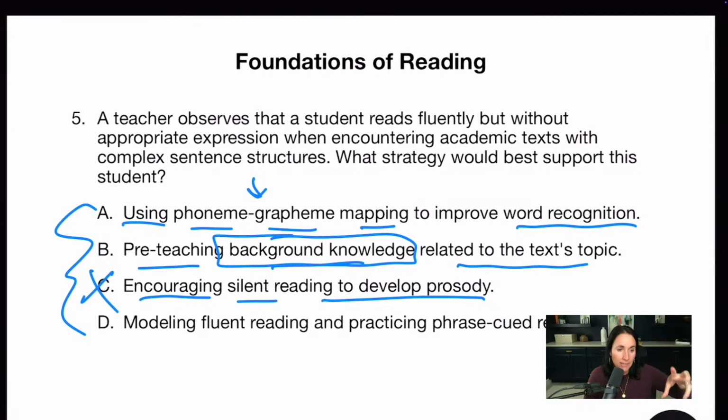So if you're having trouble getting kids to read silently and independently in your classroom, like let's say you have 10 minutes of silent reading or 20 minutes of silent reading, bring your book to school with you and sit in the front of the room. I used to put my chair right in the front of the room, get my book out and read. And they will do what you do. On this test, silent reading is typically the wrong answer because it's usually attached to students who are struggling. And if they're struggling in any skill, having them read silently is not going to help them. All right. So C is out just for that reason. But I love silent sustained reading. It's a great practice in the classroom. Just do it correctly. Make sure you're modeling that skill.